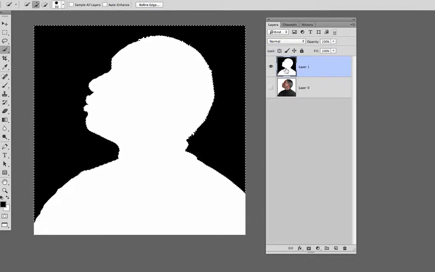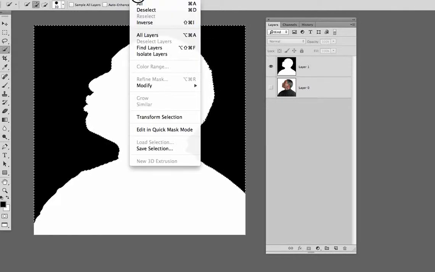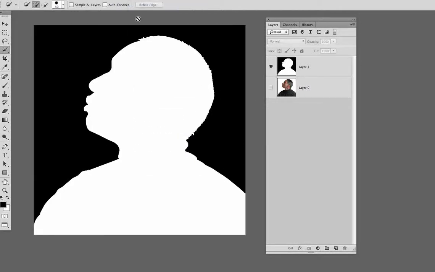and there's nothing inside here. So if I hold down the command key and click, you can see that there's nothing inside that layer. So I'm going to delete the selection now. Go to select, deselect, and now if I need the opposite, if I need a figure in the center that's black and a white background, all I have to do is